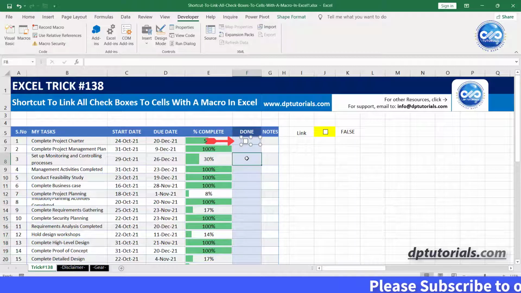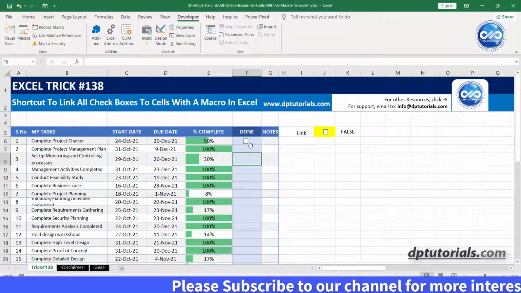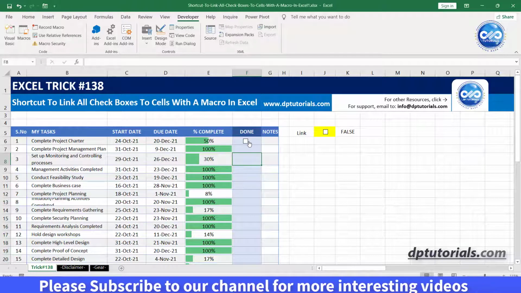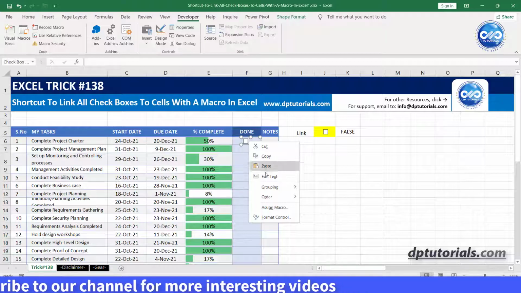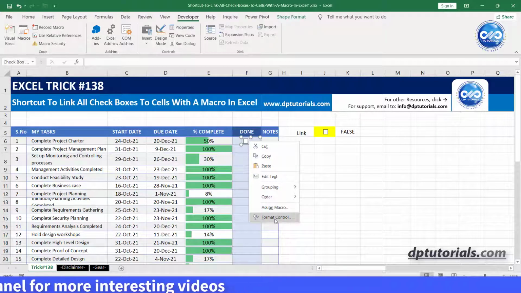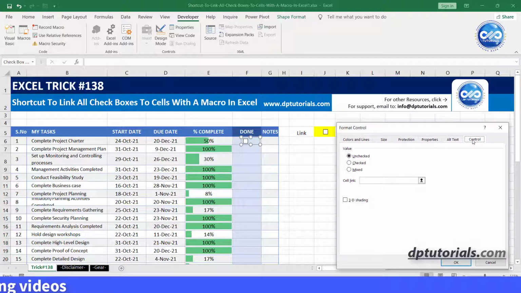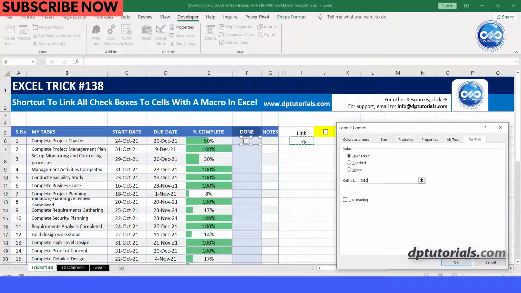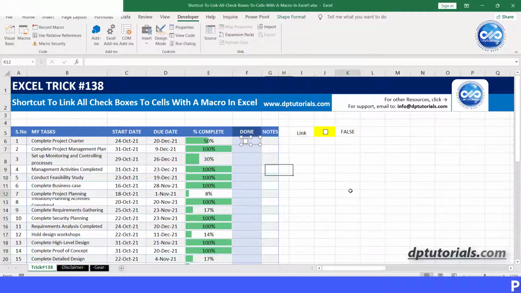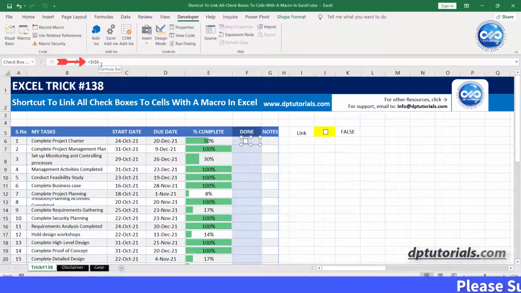It's simple. Now, if you want to capture the checkbox result, you will have to link it to a specific cell. Right click on the checkbox and click on Format Control. Go to the Control tab and give the cell link reference, say I6. You can also link to a cell by just typing in the formula bar, which is a shortcut. Now drag this cell